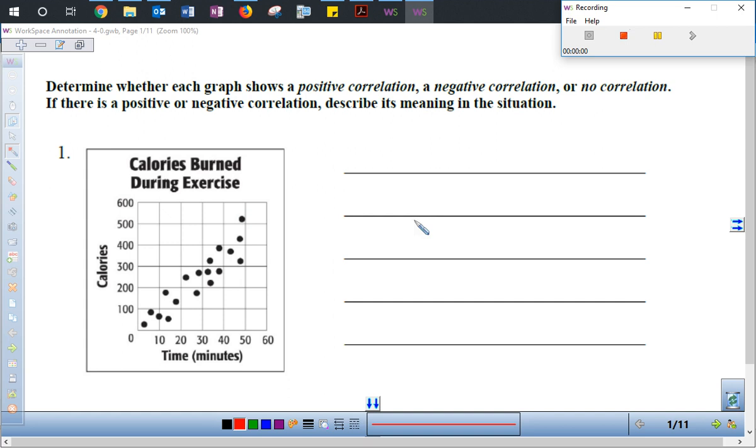Alright guys, today in Algebra we're going to be talking about correlation. Now it says determine whether each graph shows a positive correlation, negative correlation, or no correlation. If there is a positive or negative correlation, describe its meaning in a situation. So what they mean by correlation is, are the data points on our scatter plot kind of moving in the